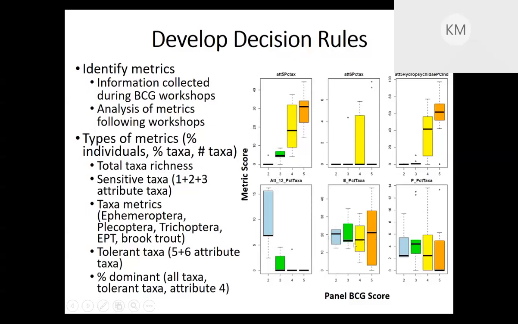So you're going through and analyzing the data to try to identify metrics that do a reasonable job of distinguishing between these BCG levels, because